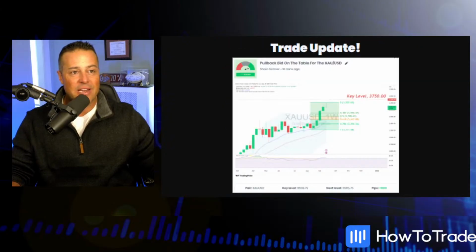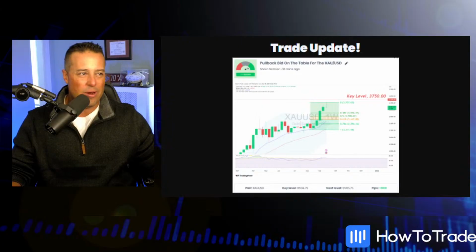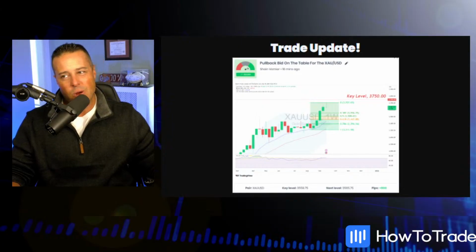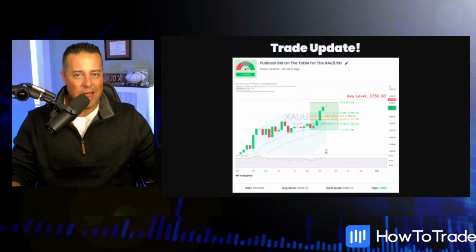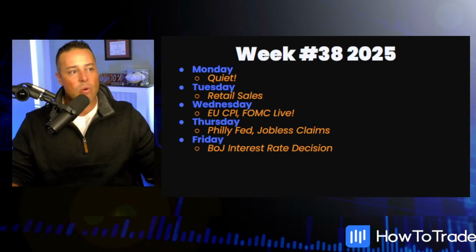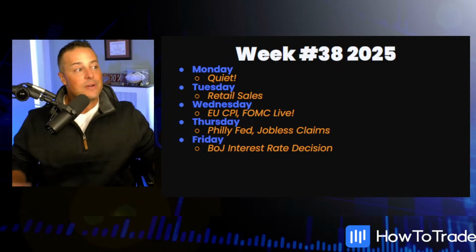As far as our trade idea, our trade update on gold, it really hasn't come near our entry point just yet. I'll cover gold towards the end of the stream, but you're looking at about 36.71. We're up 0.75 of a point today. That's not really what I was looking for there. I want to see a deeper pullback and an opportunity potentially to get long gold, but we'll look at that in a second.